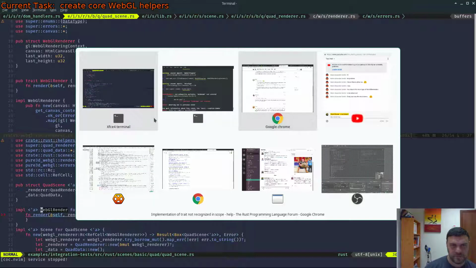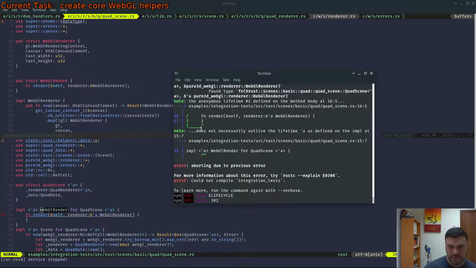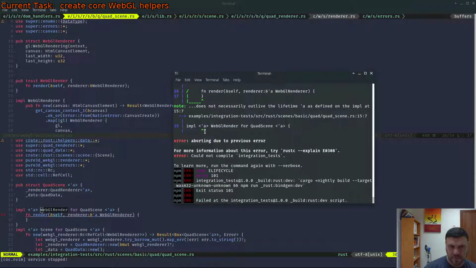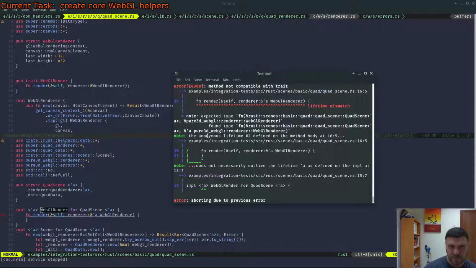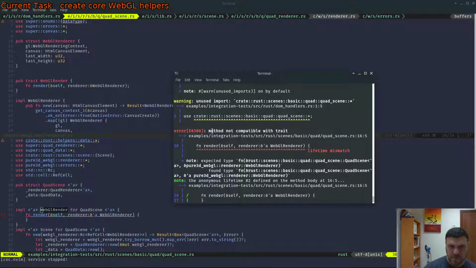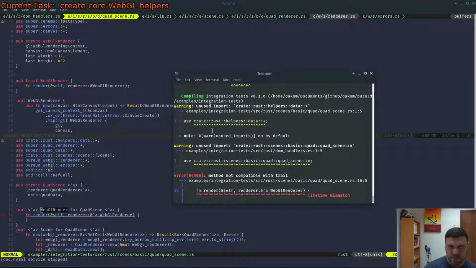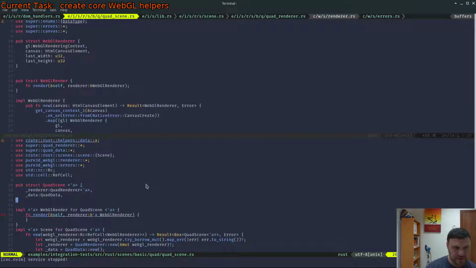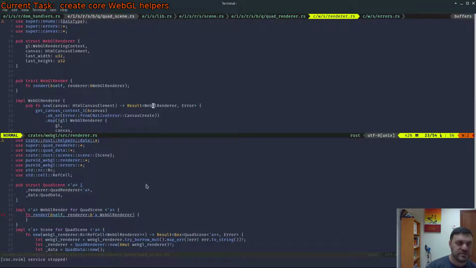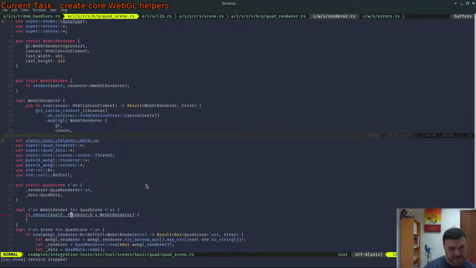No. Quad scene 16. Oh wait, now it seems to be working. Oh, so it was a bug that I had in a different file that was causing this. All right, so you know what, we'll keep the naming semantics of